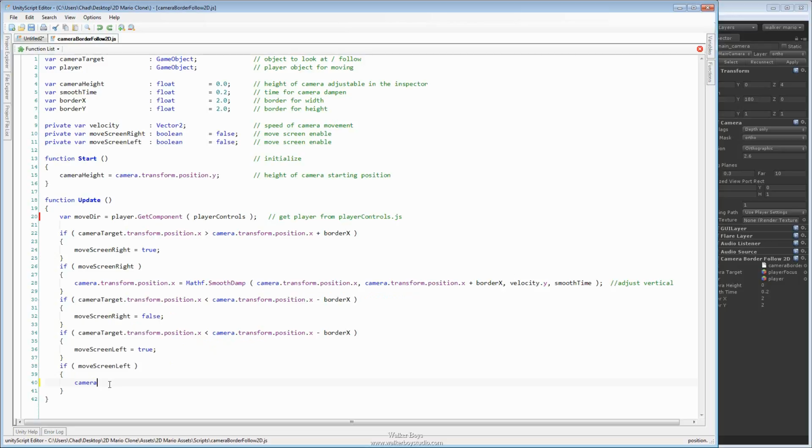So we'll just say camera transform dot position dot x is going to equal the Mathf SmoothDamp, and place in the properties for it. And for this one, we're going to place in similar to the one we already did before, except instead of doing a border plus, because we're not going to the right, we want to subtract it so that we're going over to the left. So we'll say camera transform position dot x. So again, we'll take the first one, then we'll also take our next part, which will be